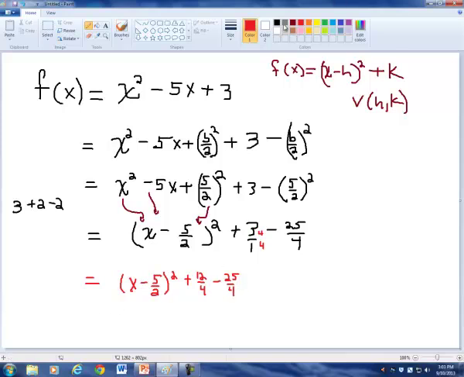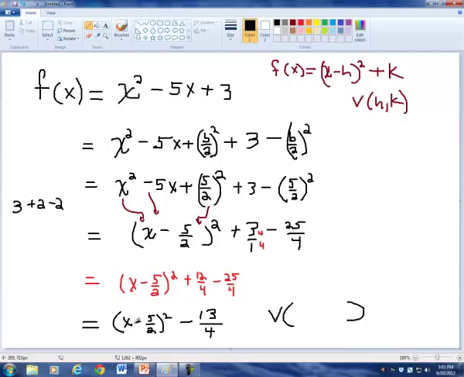Okay, and so we end up with x minus 5 halves, close parentheses, squared, and so 12 minus 25 is going to be a minus 13 over 4. And so that vertex,